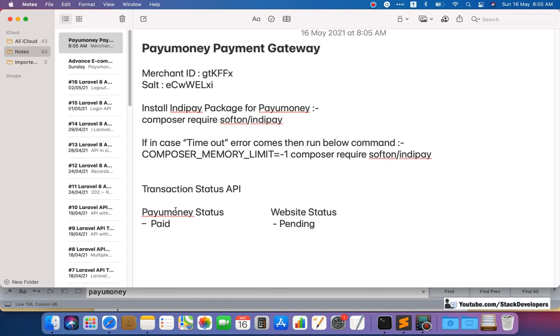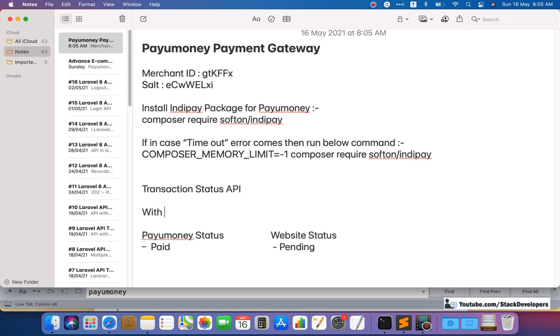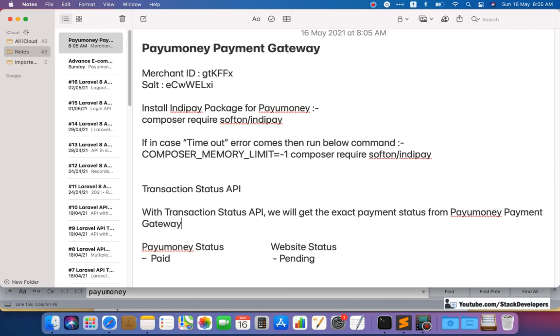See, we can never update the status of PayUmoney, but we need to update the status of website according to PayUmoney. Okay, so here see, with transaction status API, we will get the exact payment status from PayUmoney payment gateway and update the same at website end.